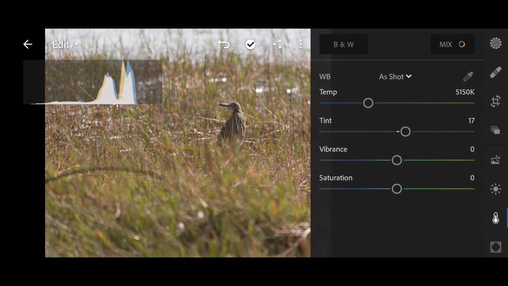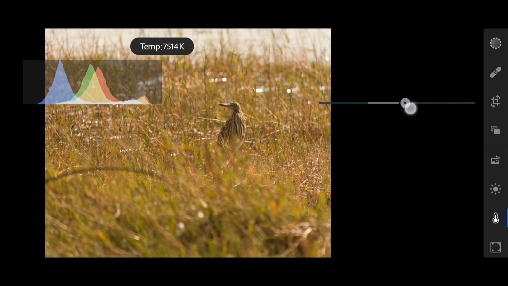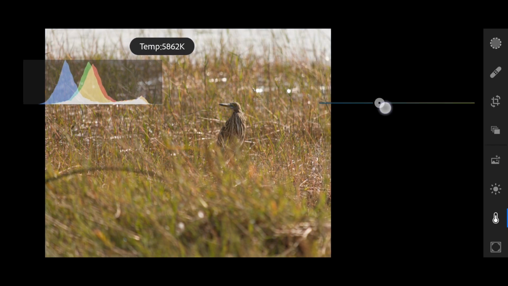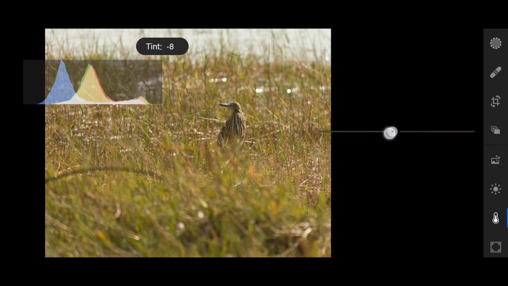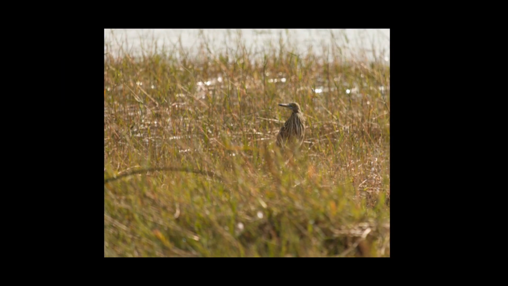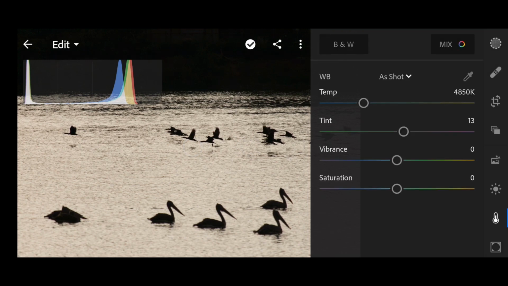For example, warmer tones can be used to create a happy or energetic feel, whereas colder tones can be used for a sad or moody feel. For instance, in the case of this picture, warmer color temperature suits better. I'm gonna slide the temperature slider all the way till around 6000 Kelvin, and I'm gonna reduce the tint more towards the green side. Somewhere around 10 must be fine. Here's the before and after image. Let's do the same thing to our other images.